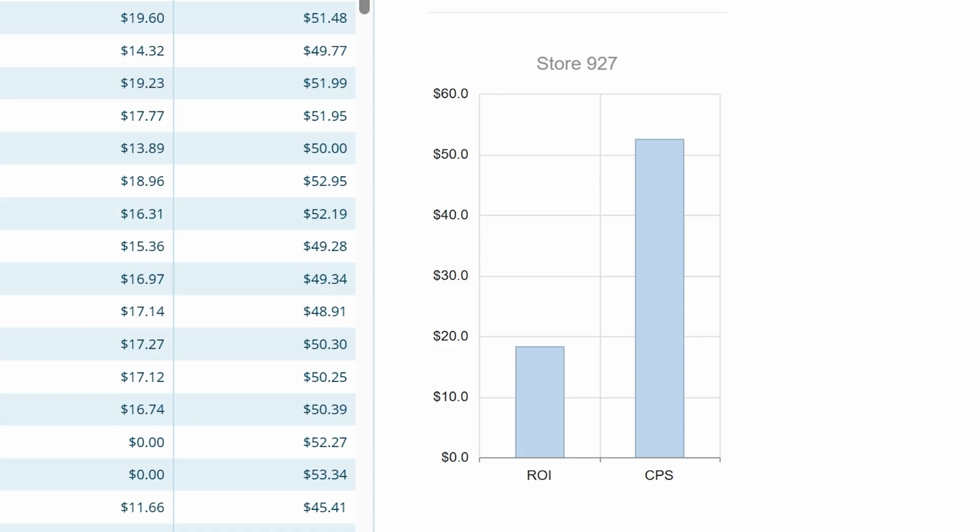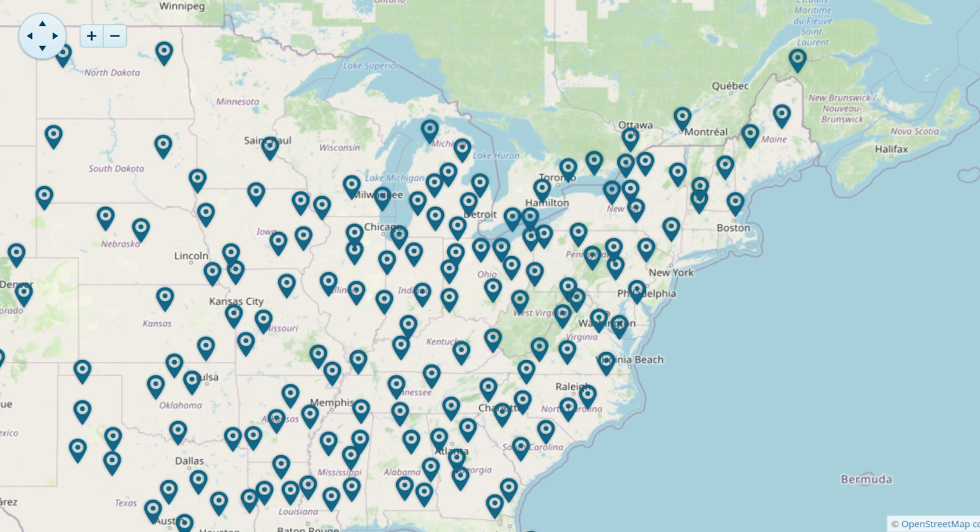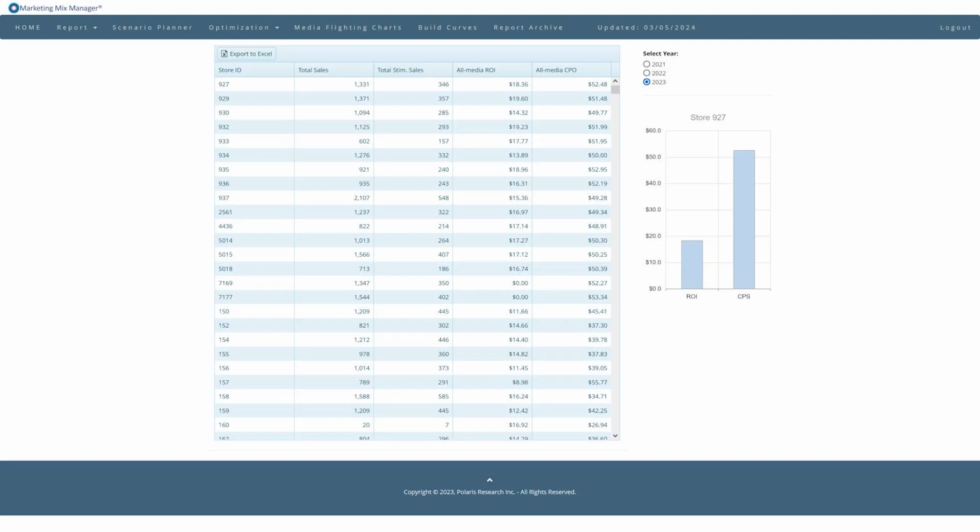Also, depending on your business, this could be at the product level or other dimensions critical to your company's success. The goal is to provide district managers or product managers with insight into how their individual markets or products are performing within the overall portfolio. We can break this down by media to report performance and ROI at a level where individual managers can have